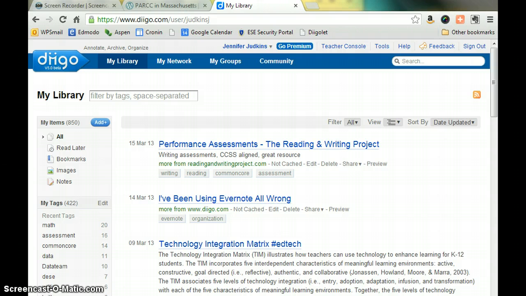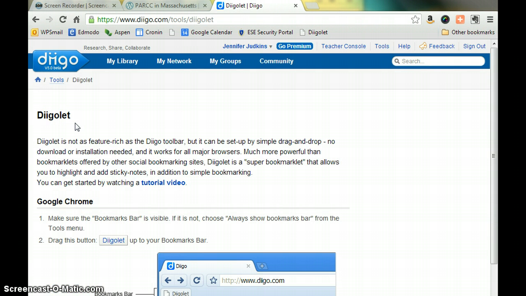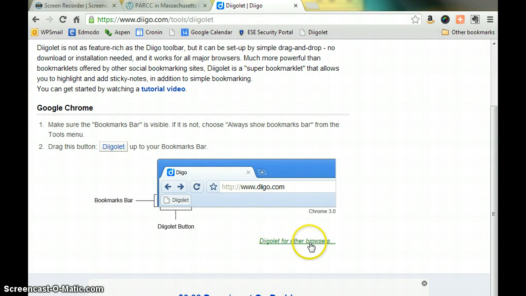So first you're going to log into your Diigo account, and then you're going to click on this Tools button. The first thing that appears is the Diigolet bookmarking tool. So I'm going to click on this, and the instructions are here for installing it. All you need to do is first locate the type of browser you're using. So Chrome appears first, but if you use other browsers, you'll notice there's a button you can click to display